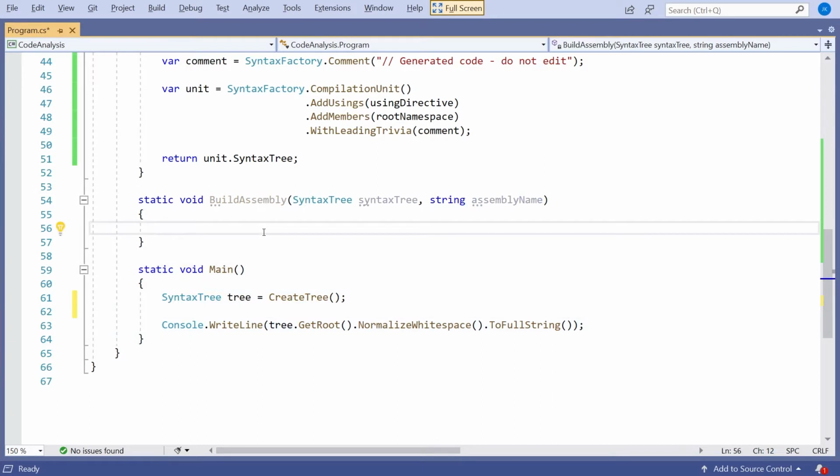And then you can see I've put together this empty function called BuildAssembly that's going to do the work for us. And we're going to pass into that a syntax tree and also the name of the assembly that we want to generate. So what we're going to need to do, firstly, whenever you do a build of a